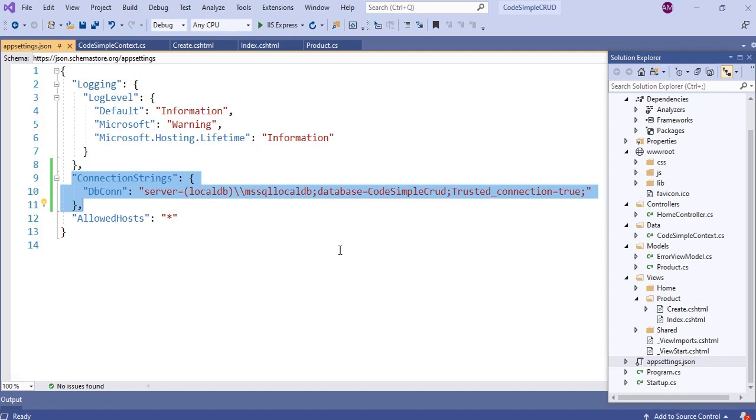I am using the SQL Server which came with Visual Studio 2019. The database name which I am going to use is CodeSimpleCRUD. Then I am using the interactive Windows user login, so I put the trusted connection equals true. Please make a note of the connection string.